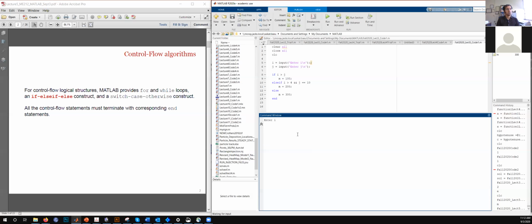So let's try out. Okay, someone suggest me a value for i. 5. 5. Suggest a value for j. 69. Okay, so what do you think the output m should be based on 5 and 69?